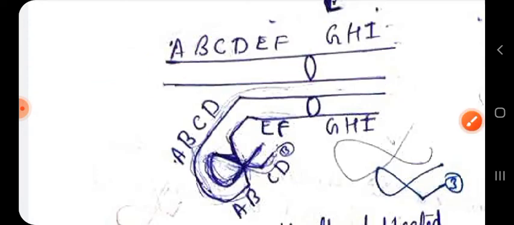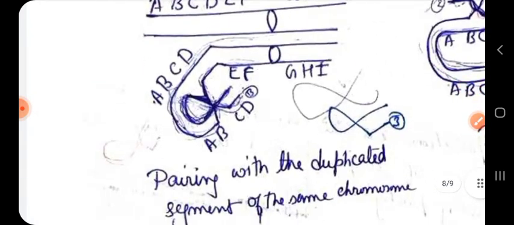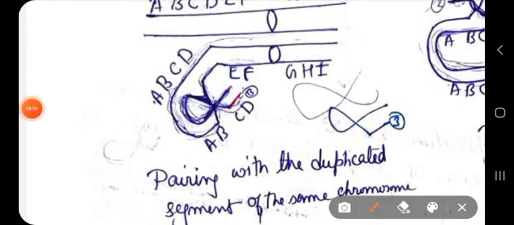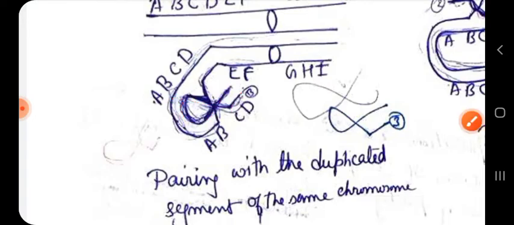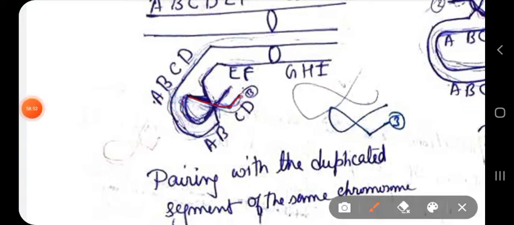The third chromosome has some duplicated regions, and you can see that from here. I'm marking D C, then crossing over occurs, B A, then D C B A, then A B. So this is an acentric fragment that occurs. Again, I'm repeating: D C B A A B, again C D.